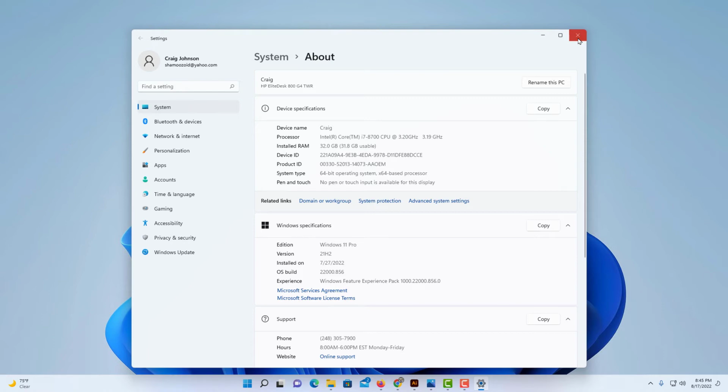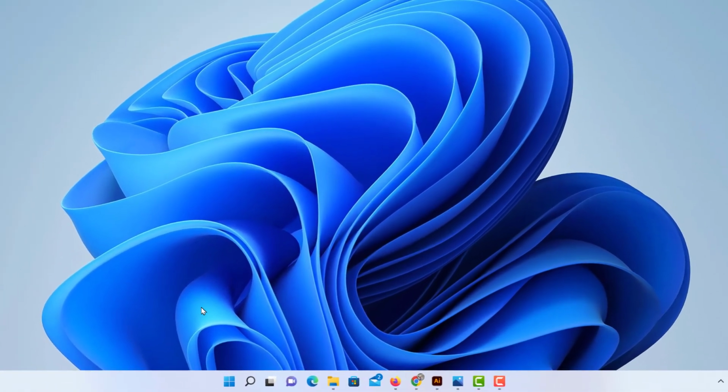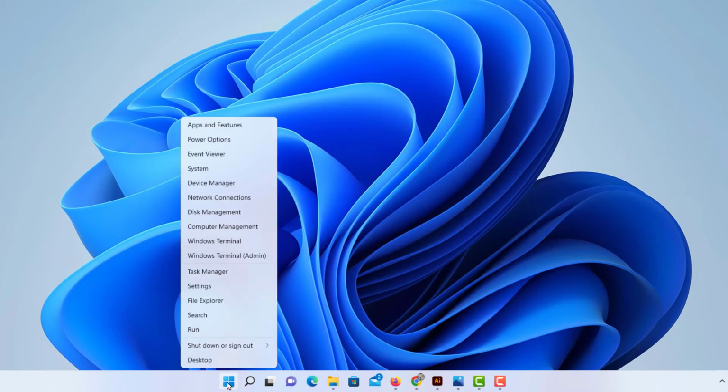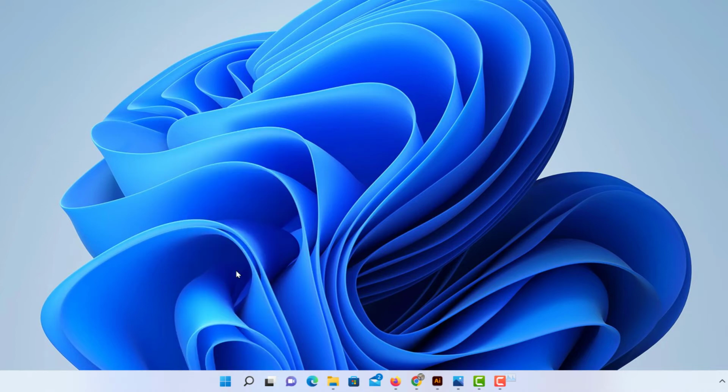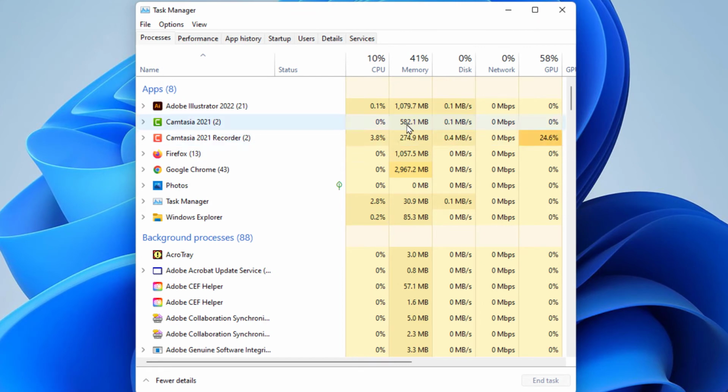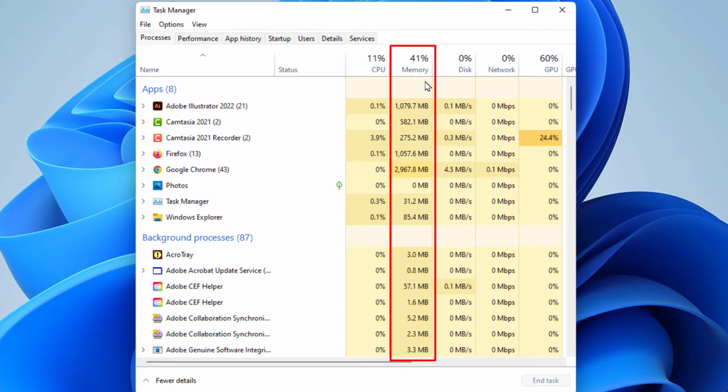To get even more detailed information about your RAM or memory, I'm going to close this dialog box. I'm going to go back down to the taskbar to the start icon, and I'm going to right click on it again, and I'm going to go up to Task Manager. I'm going to click on Task Manager, and under the Processes tab, in the second column over here, Memory, it gives me detailed stats on what my memory is doing,